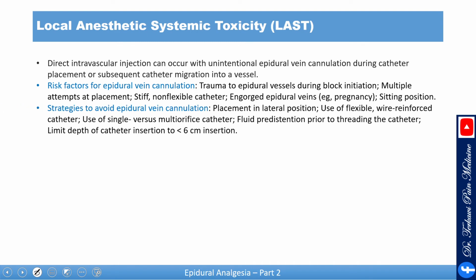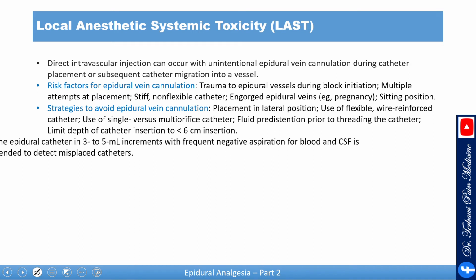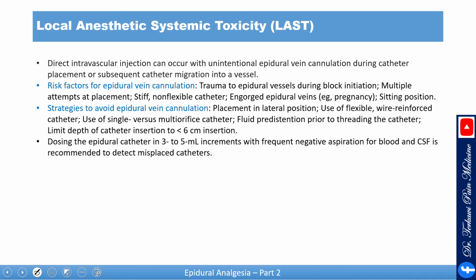Strategies to avoid epidural vein cannulation: placement in lateral position, use of a flexible wire-reinforced catheter, use of a single versus multi-orifice catheter, fluid pre-distension with saline prior to threading the catheter, limit depth of catheter insertion to less than 5 centimeters. Dosing the epidural catheter in 3 to 5 ml increments with frequent negative aspiration of blood and CSF is recommended